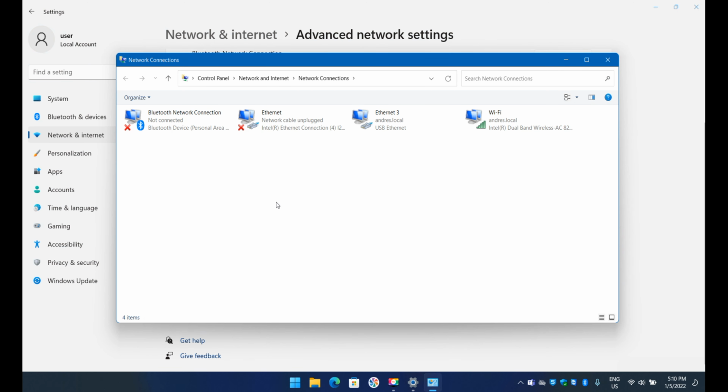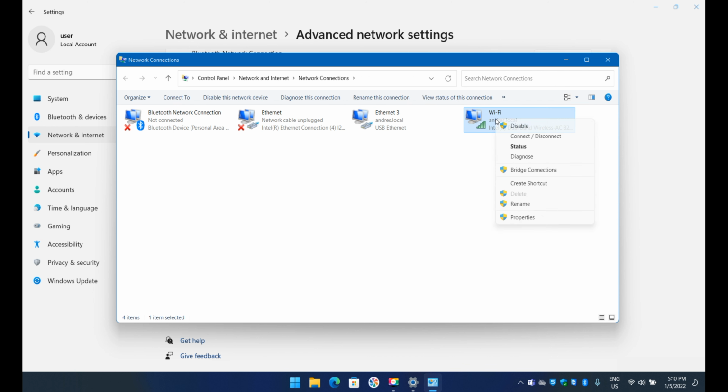So once you get here, you'll need to concentrate on the one with the little bars. Forget about these here because this one is Bluetooth, as you can see here. This one has a little cable, so that's a cable connection. This one is also a network cable connection as well. So concentrate on this one. I just named it Wi-Fi. You can rename it if you want. You can put whatever name you want. I just put it Wi-Fi